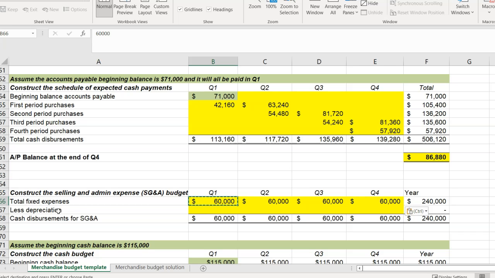cash item. If you recall from your financial accounting class, depreciation is an entry that we just do on our books to reduce the carrying balance of any of our fixed assets. So it's just an entry to credit accumulated depreciation and debit an expense account. So while it does hit the income statement, it's not a cash item. We're not actually paying out cash. So we're going to want to reduce our selling and admin budget by that amount to get what our actual cash disbursements are. So we're going to put $5,000 in all the way across,